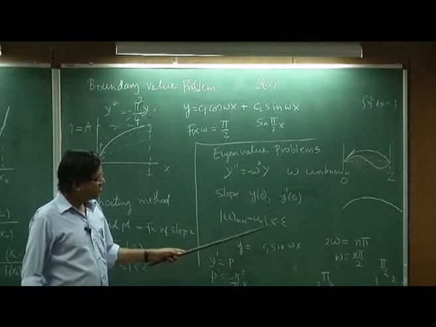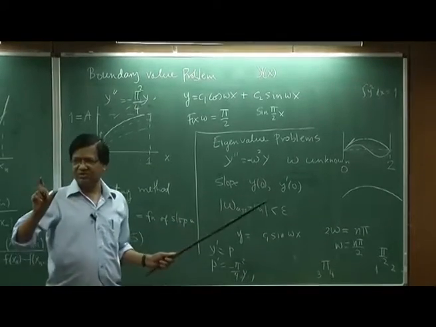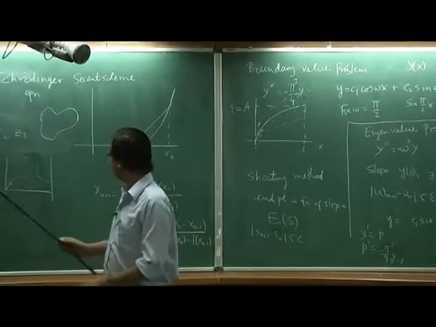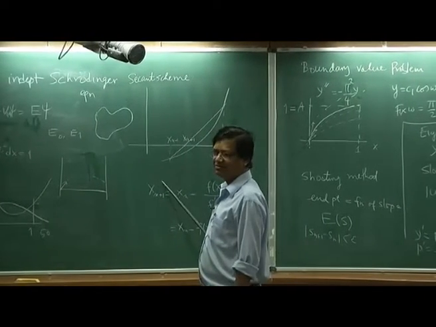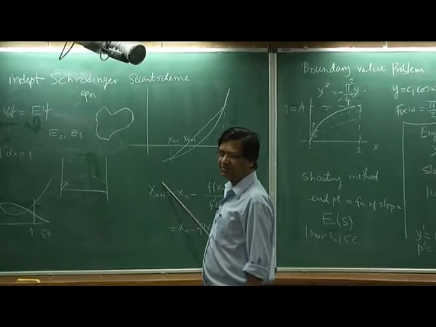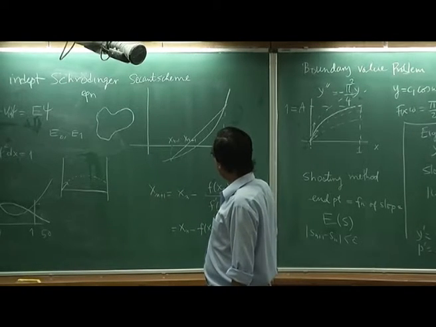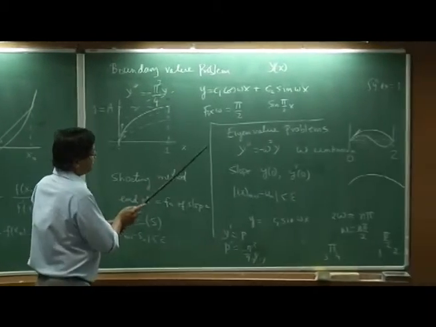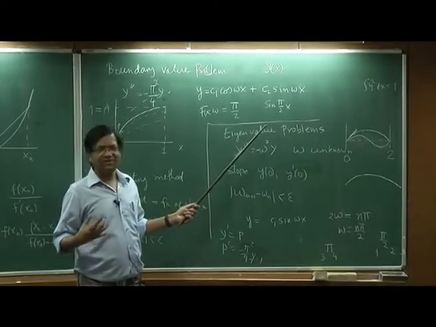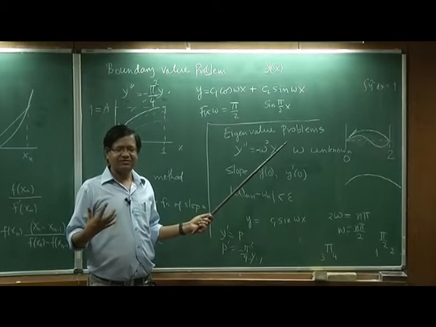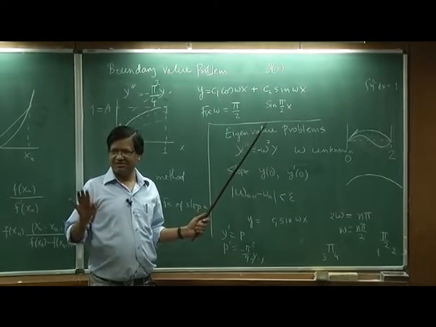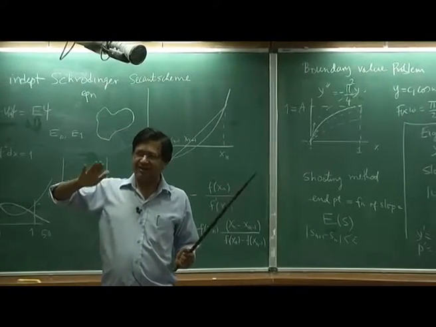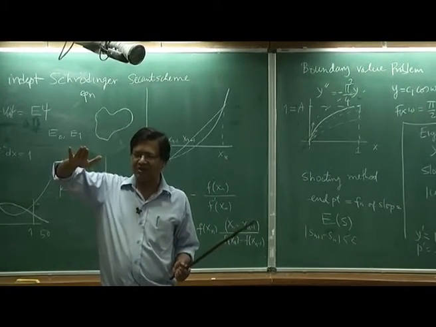Okay. But for omega, I will choose a left omega and a right omega, two initial omegas. I will not solve by the midpoint method, but I will solve using the secant method. Given 2 omegas, I can find the next omega. Remember, the end point is a function of omega. My end point is my target function, and I am changing omega so that I get the end point correctly.